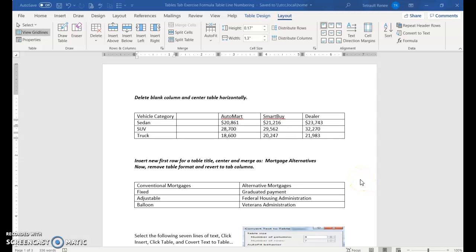Tab exercises and working with tables in Word. The first thing we're going to do with the first table at the top of the screen is to delete